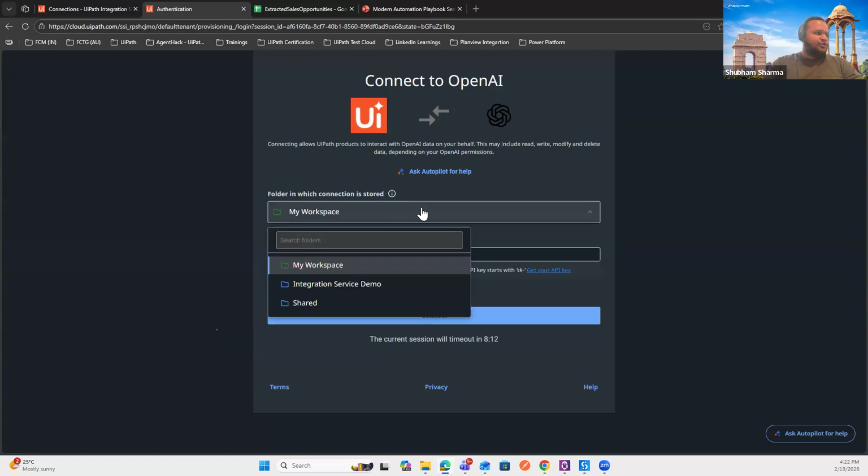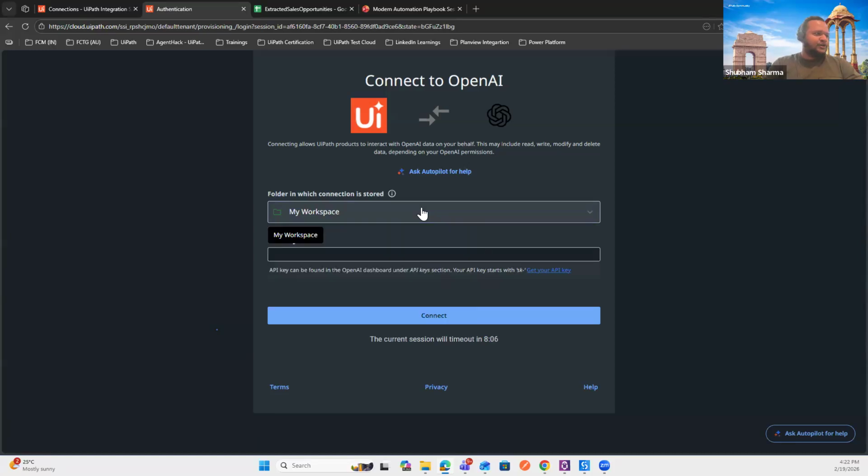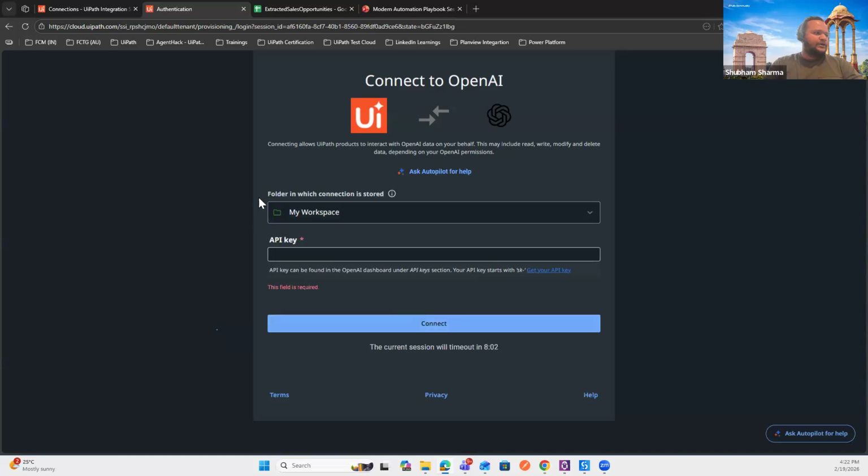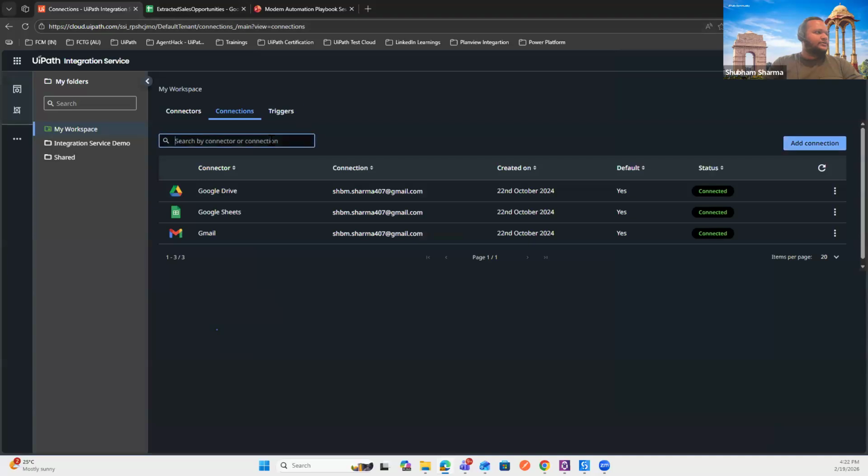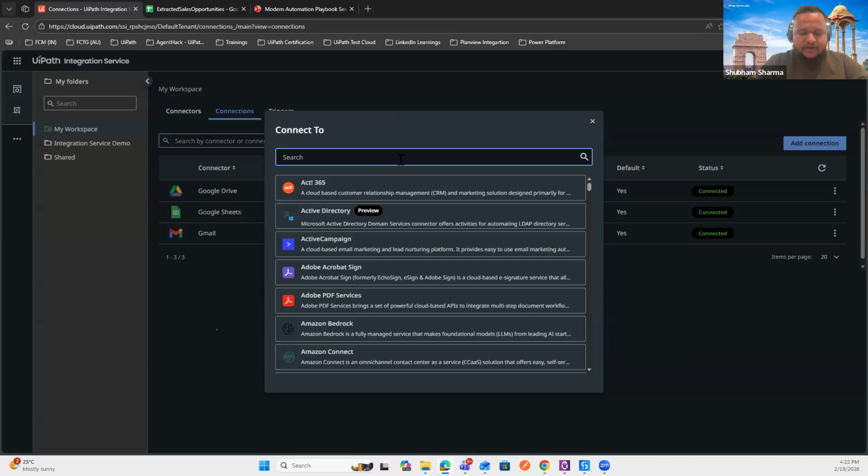I can specify which folder I need to create this connection in, and I just have to hit connect. Let's do that again because the API key was removed. Basically, in Azure OpenAI, we do need to provide the API key. So let's try to connect